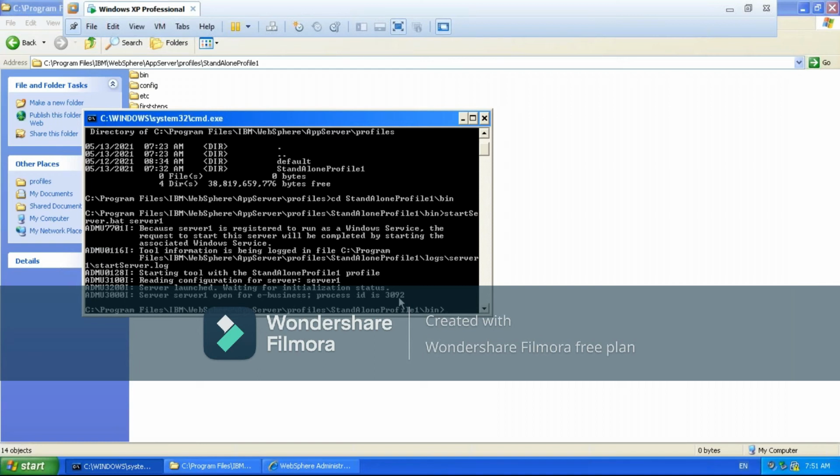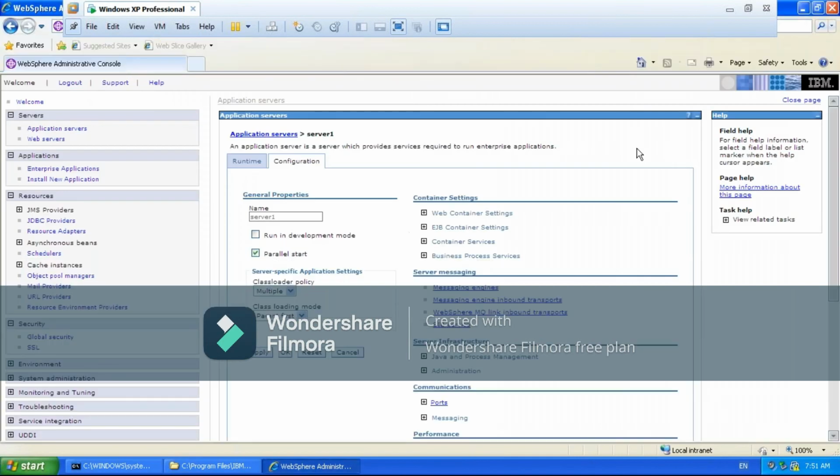In the same way, before that, one more process with the name server1, one more Java process is running, but its process ID is different. So depending upon the virtual host, the port number, and the request, the physical server will send it there. Okay. So for example, see here, just log out.